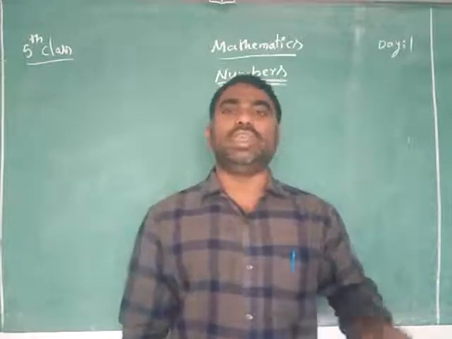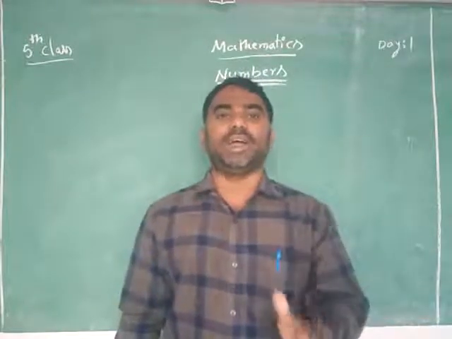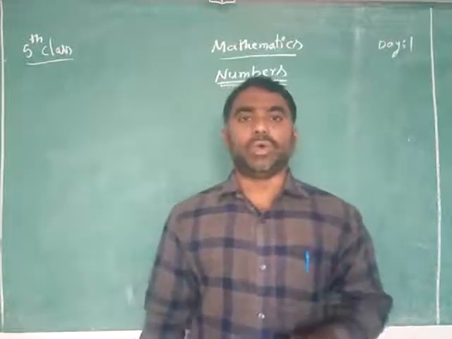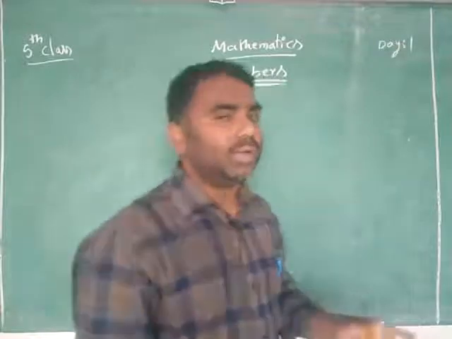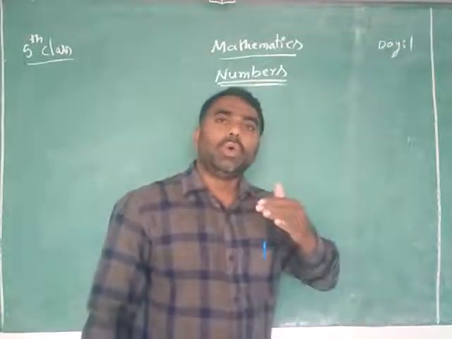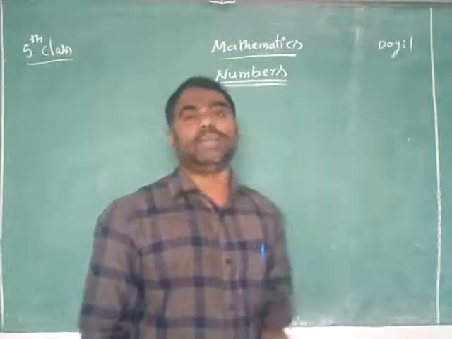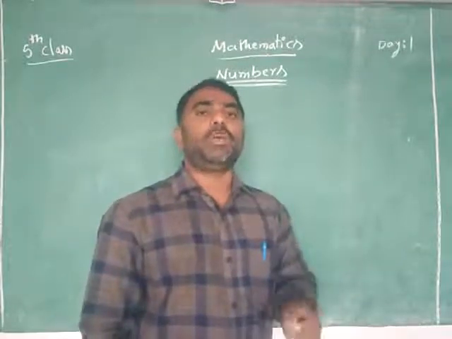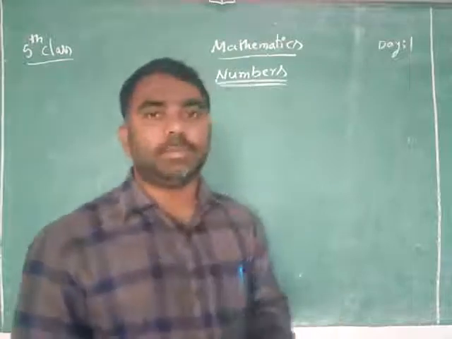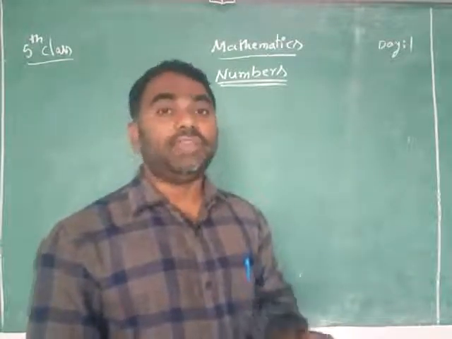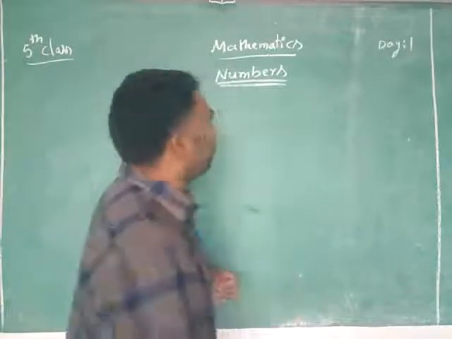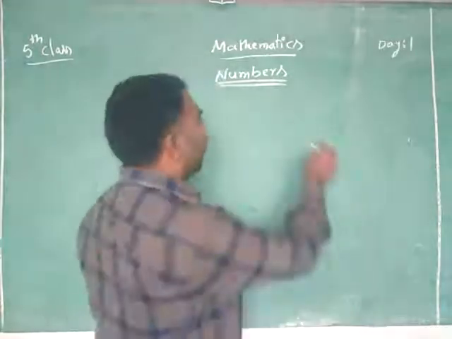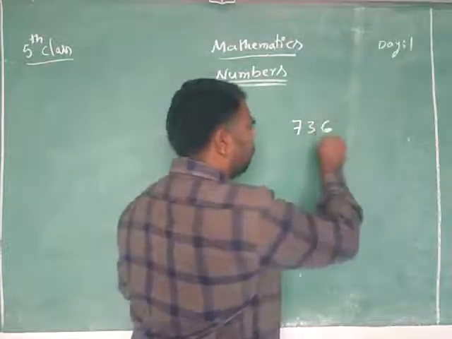Example: 1, 2, 3, 4, 5, 6. These are called counting numbers. You have known about that very well, but once again, I am going to check how well you know numbers. In 5th class, you must know at least 5-digit numbers. Maybe you have a doubt here: what is the meaning of a 5-digit number? It is very easy. I have written one number. You can read this number.